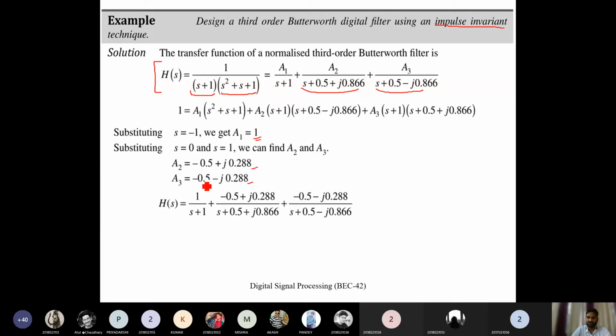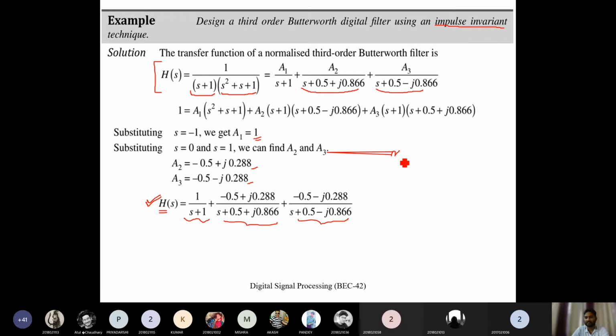So once you have calculated a1, a2, a3, we will be getting the value of H of s, that is the same analog filter transfer function, given by this value. So this will be having separate poles. Overall it is having s to the power 3, that means there will be 3 solutions to this polynomial, that means it will be having 3 poles. So with respect to 3 poles, we will be factoring H of s into 3 different fractions. So once we have fractioned it, we will be using the impulse invariance method.